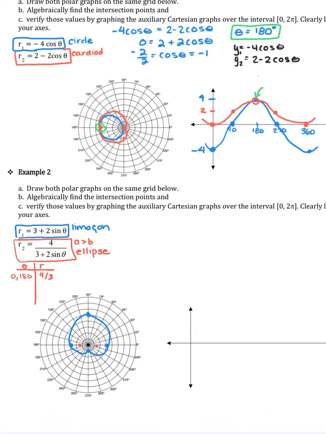And then if I plug in 90, I'm going to have 4 over 5, so that'll be right before the 1, up at 90 degrees. And at 270, you have 3 minus 1, so this is going to come all the way out to 4. 1, 2, 3. And since we know it's an ellipse, you can kind of just